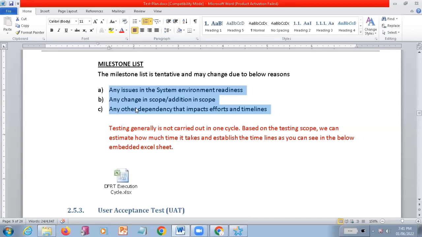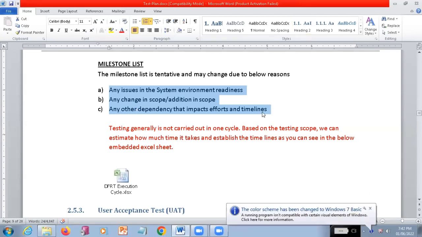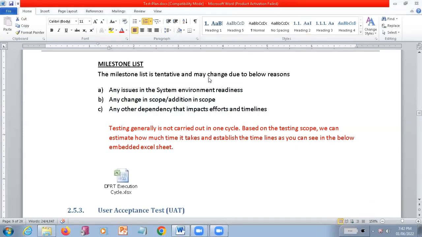See, almost everything is going to be in your hand only. You are the person who is most responsible for the things. If anything is not going on time, you should take care of the things. You cannot say, if it is not able to deliver, what happened and all.